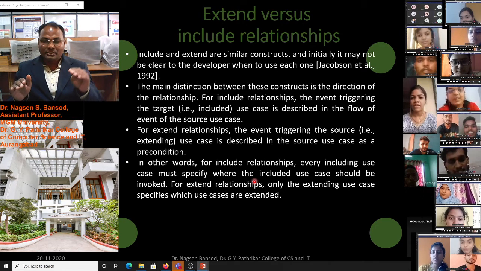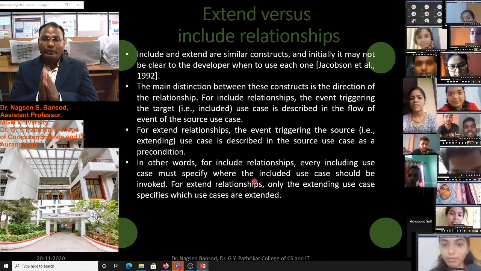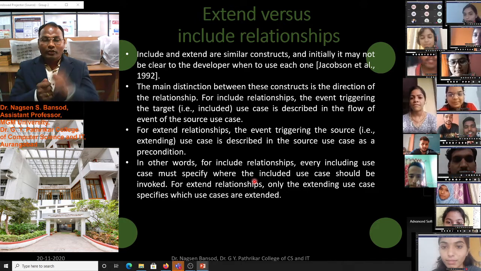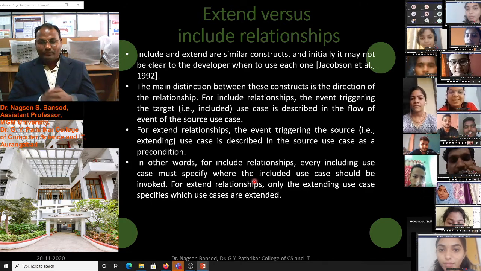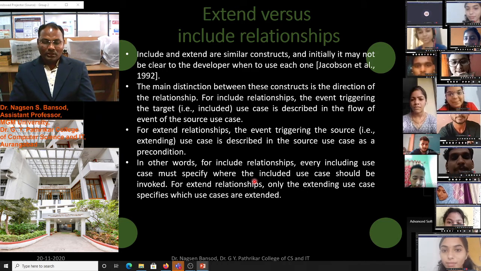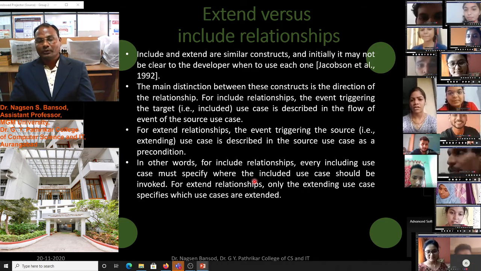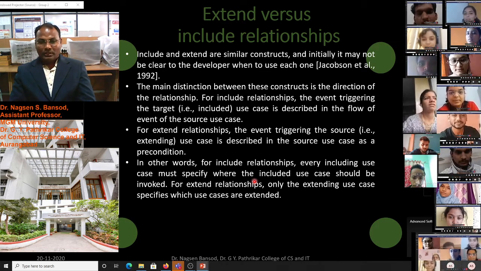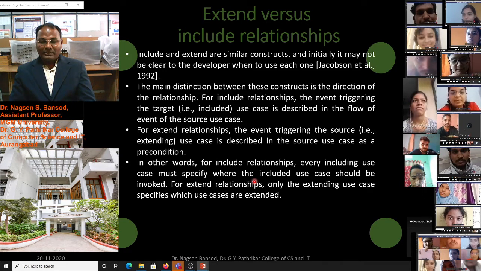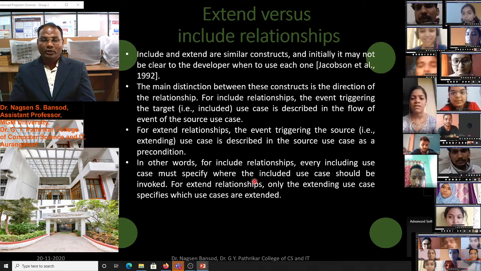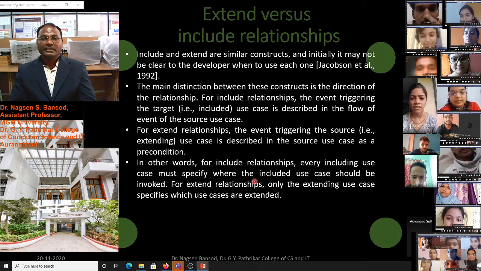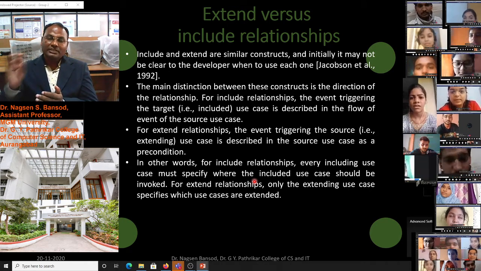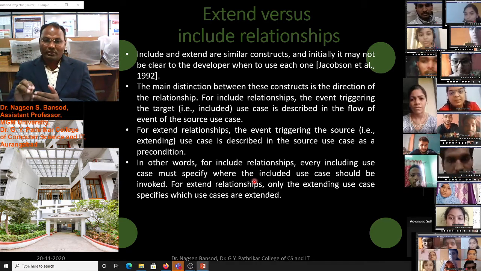Include use case is in our flow. So every include use case must specify where we have to use that, where we have to connect this. Now suppose you consider one example of an ATM machine again. We want to make a withdrawal. If we don't have a balance in our account and we want to withdraw 10,000 rupees, in that case we get a message from the machine because that is included in this software.